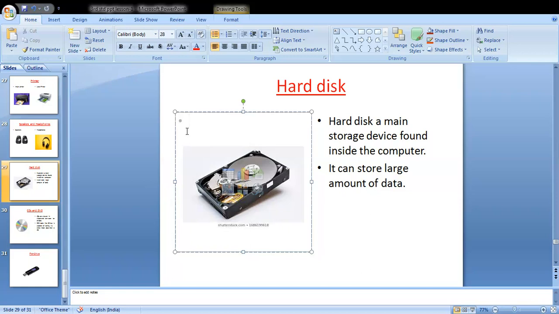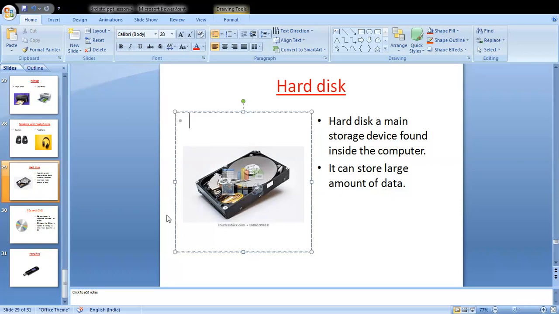All the work done on a computer can be stored on the hard disk, which means whatever you work on a computer is stored on the hard disk. Later you can save your work on the hard disk, and afterward you can check or see that information. Understand, students?